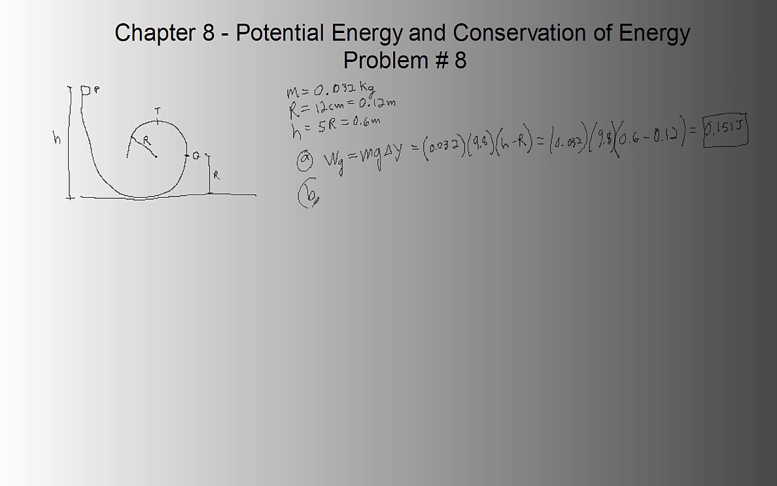Part B. What about the work from P to the top of the loop? So that's P to T. Work G is going to be mg delta y again. And it's going to be the same thing, but times h minus 2r, because T, as you can see, is 2 radii up. So this just equals, that's all the same, 0.6 minus 0.24, and that's going to equal